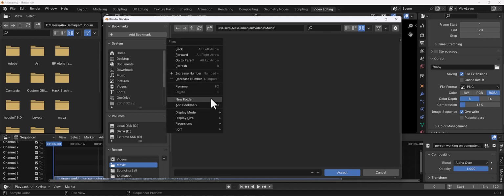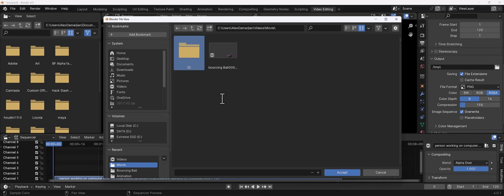But I'm going to make another folder in here and just call it IS for image sequence. The reason for that is because it's going to produce 120 different images, and we don't want those all over the folder. So it's good to have it contained within its own folder. Now, I'm going to name this girl working